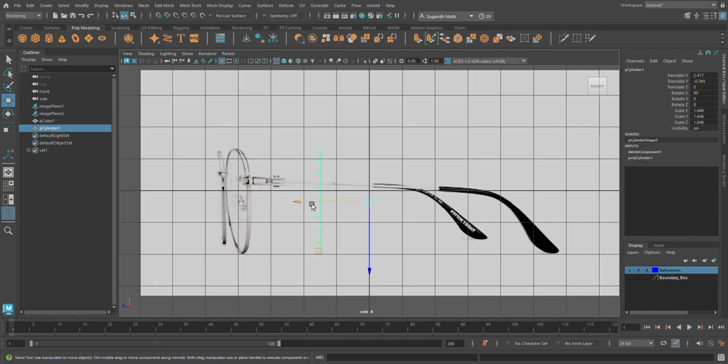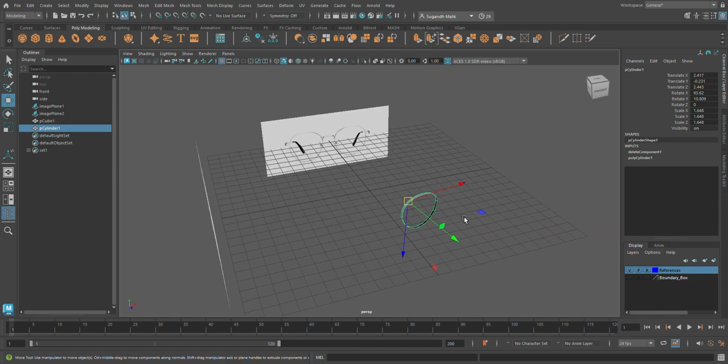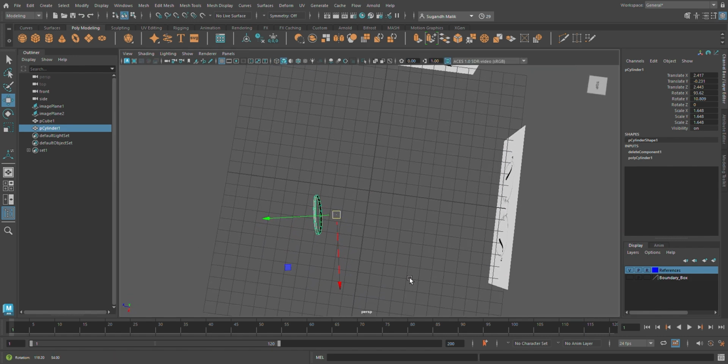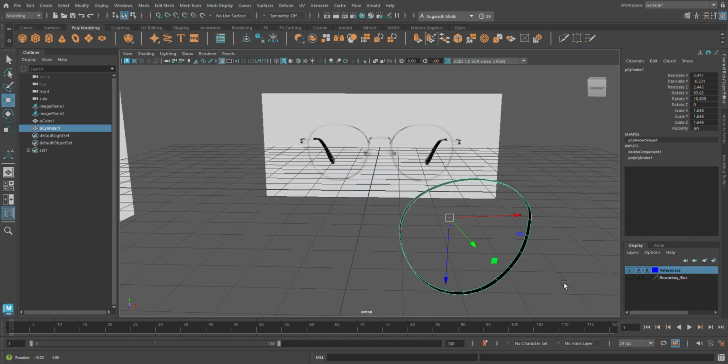Again by going to the object view, rotating it. Okay, I guess it's almost aligned. By looking from the front view, you will see it's something like this. Okay, now you also want to